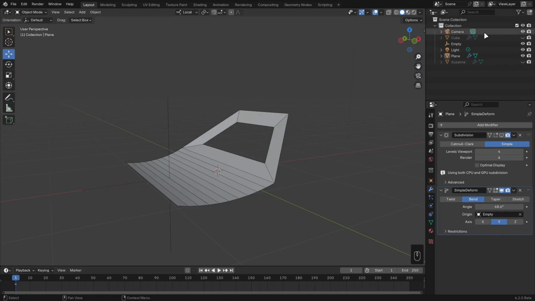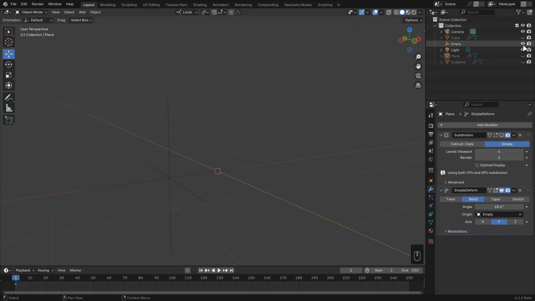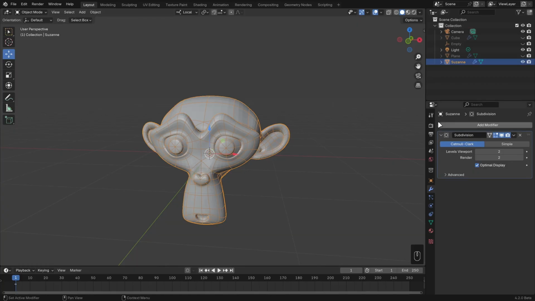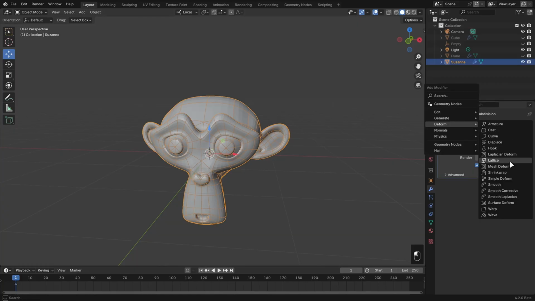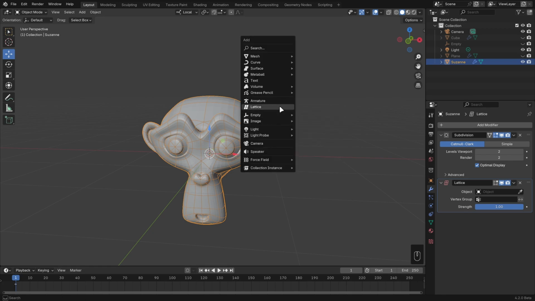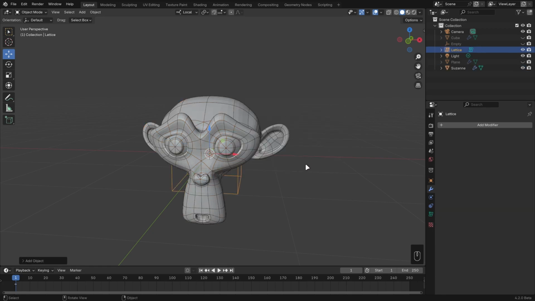Another really helpful deform modifier is the Lattice Modifier. For that, I'll just look at a subdivided Suzanne, and then let's add modifier, deform, and lattice. This one needs a lattice type object, so let's hit Shift A and add lattice. This is a completely different object type than we've looked at before, but all you need to know is that